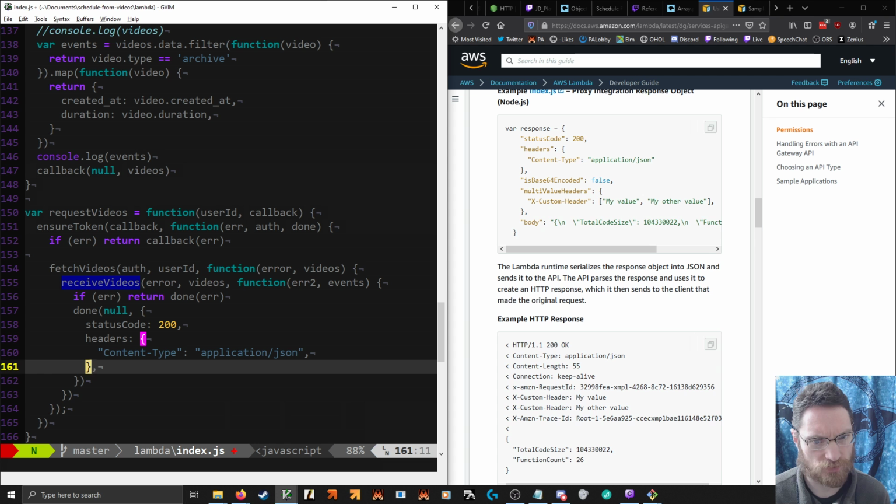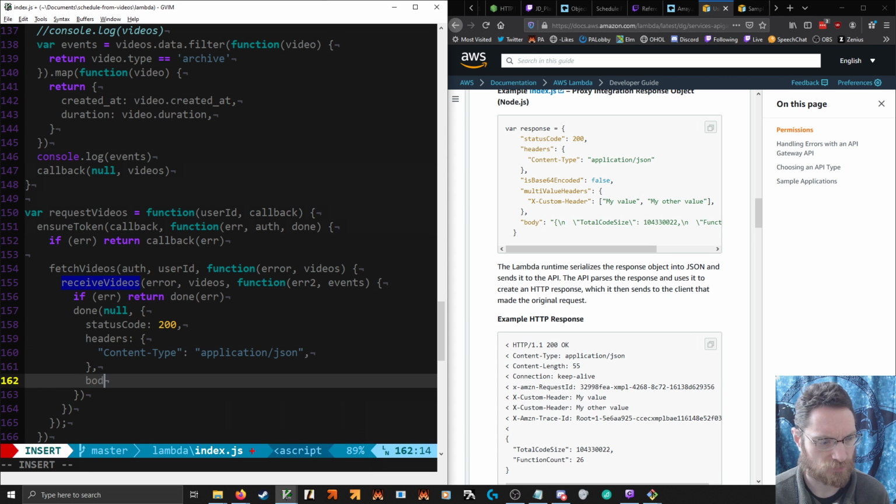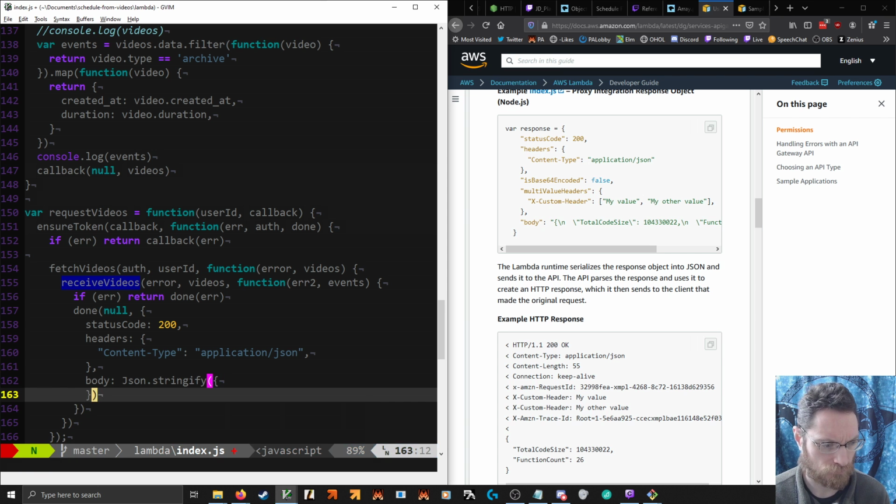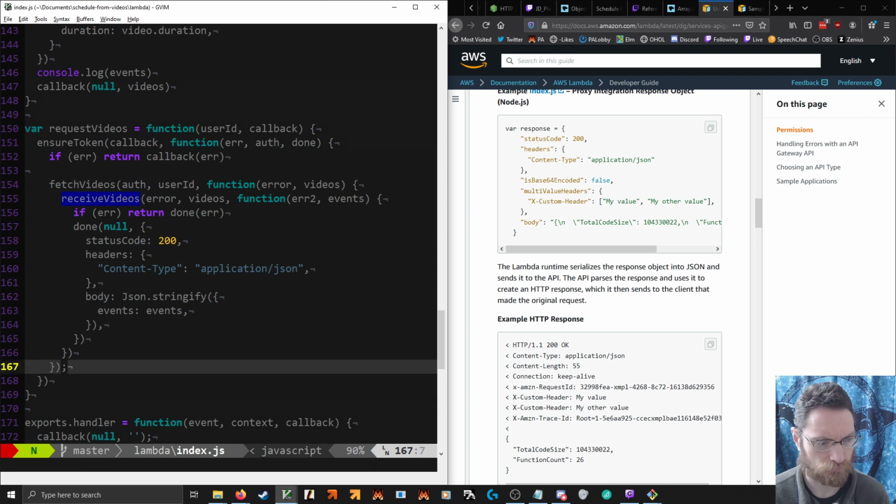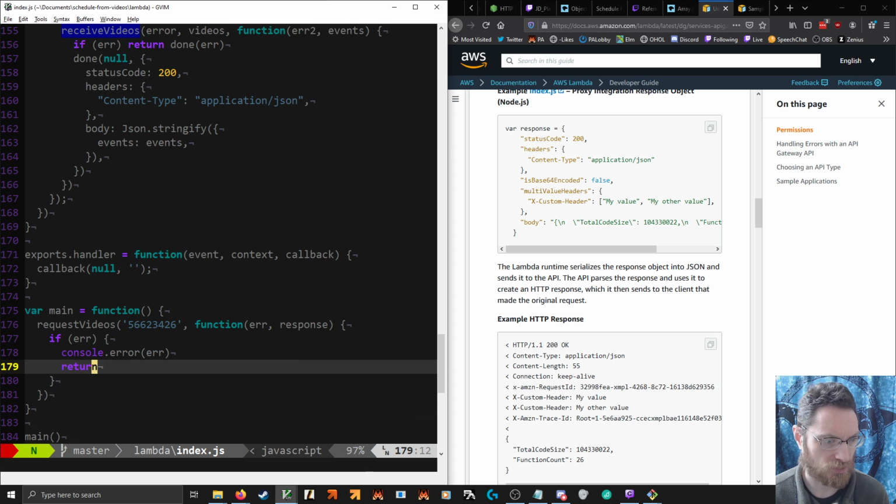Base64 encoded would be false. Body, JSON.stringify. If we want to include any other stuff in there, we can. And then that is what